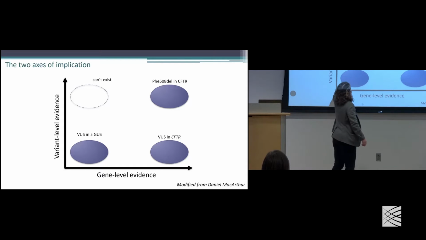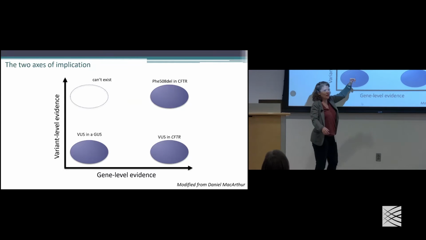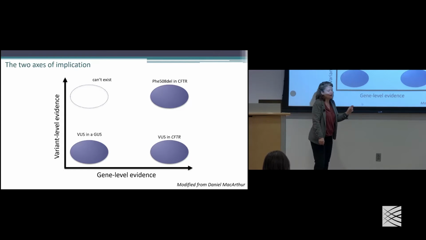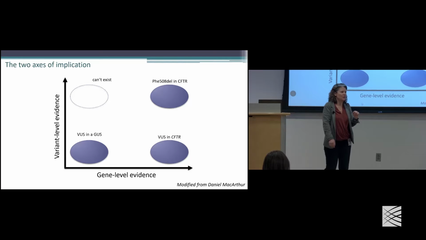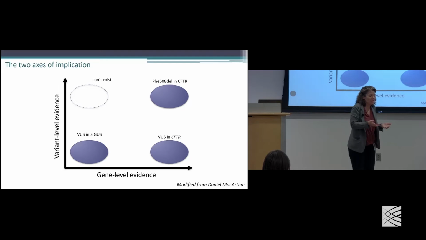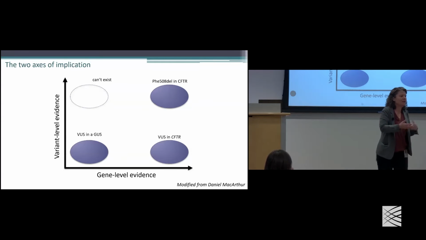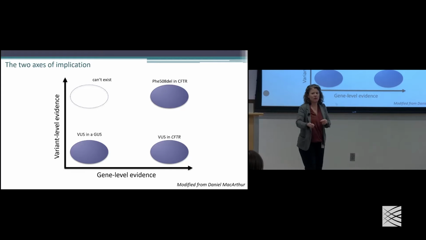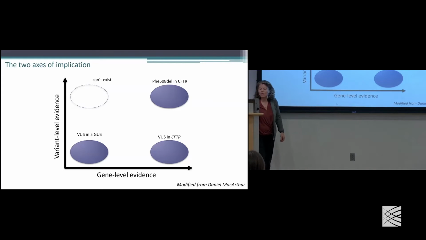You cannot have a variant that you label as pathogenic if the gene has never been associated with disease, because the term pathogenic is causal of disease, pathology. And so if the gene hasn't been implicated in disease, you can't call the variant pathogenic. You could say it looks damaged, it looks like it doesn't work, it's deleted, you can just say that's probably not functional, but you can't call it pathogenic, which implies an association with disease. So it's important to do the gene classification first before you then start classifying variants.